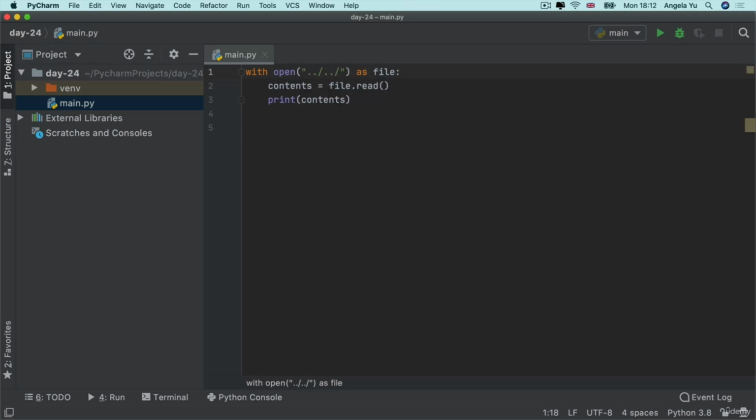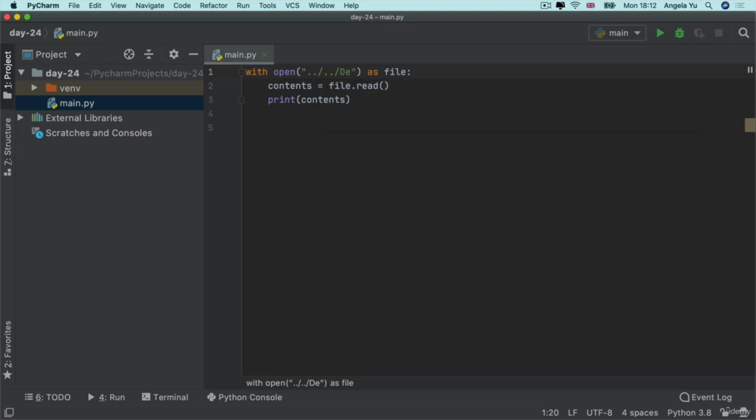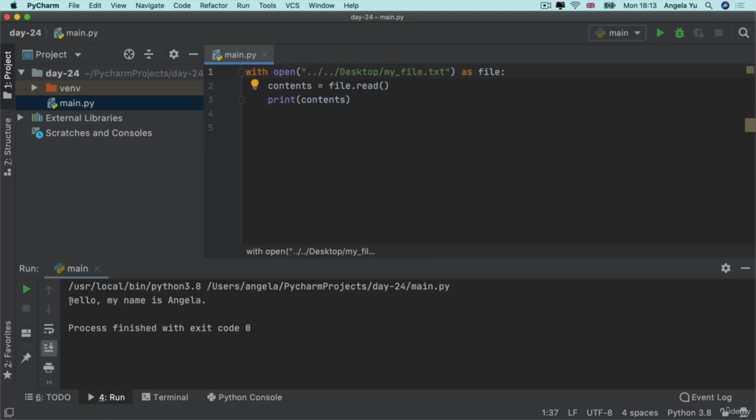And now we're inside the Angela folder, so we can start going down. PyCharm is smart enough to know what your folder structure looks like, so it'll start giving you hints as to what folders are accessible at this level. So I can get to desktop and then I can get to myfile.txt. And if I go ahead and run my code, you can see it's able to read and print the content